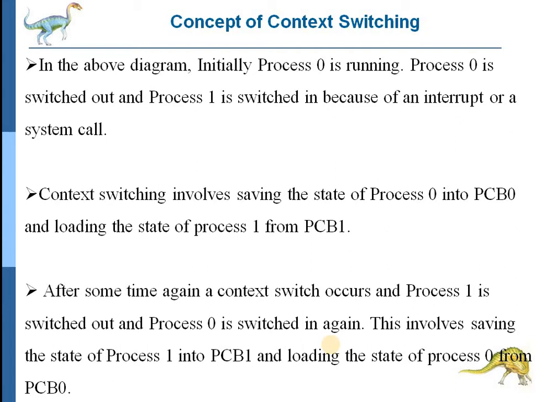Again, after some time, a context switch occurs and process P1 is switched out and process 0 is switched in again. This involves saving the state of process 1 into its PCB1 and reloading the state of process 0 from its PCB0,